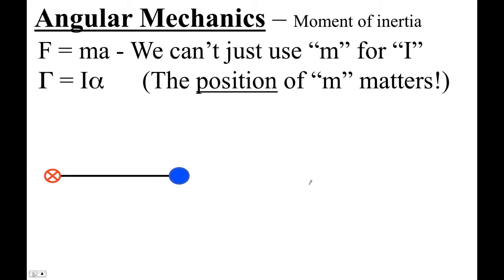So here, let me just show you this. Let's suppose that we've got some mass here that's at some distance from the center. I want to make something where I can just substitute in and get torque is I alpha. Well, let me show you what I've got to put in there. First off, let's exert a force